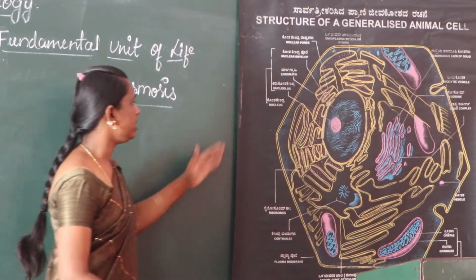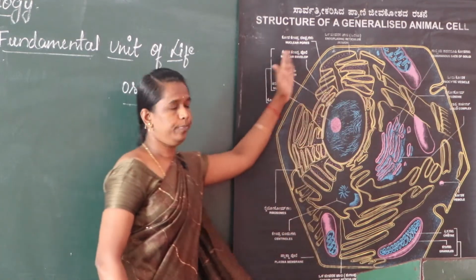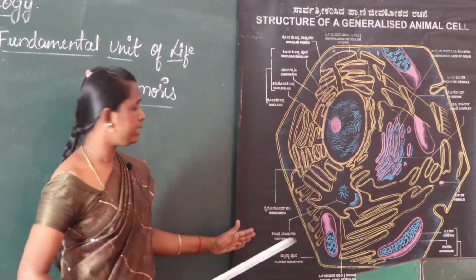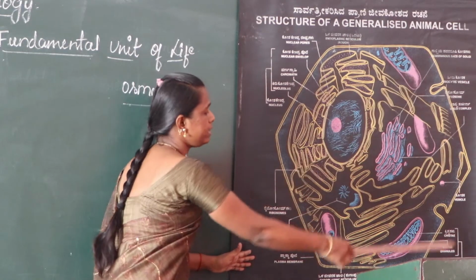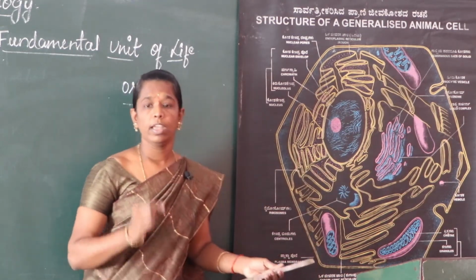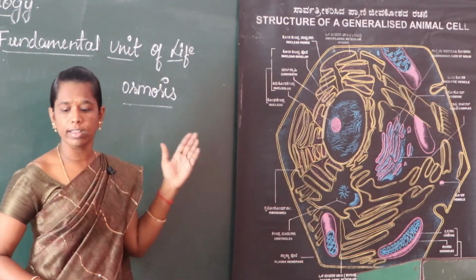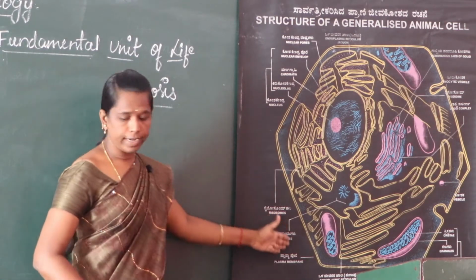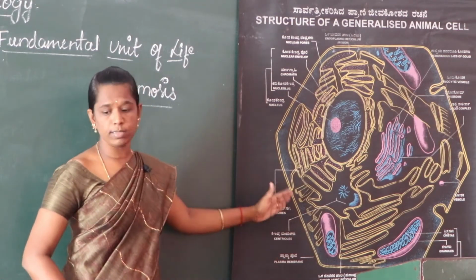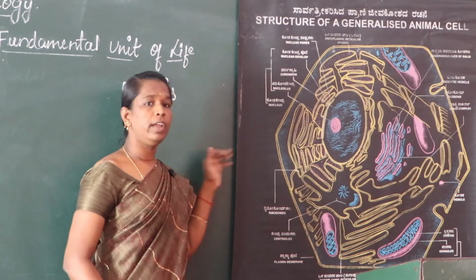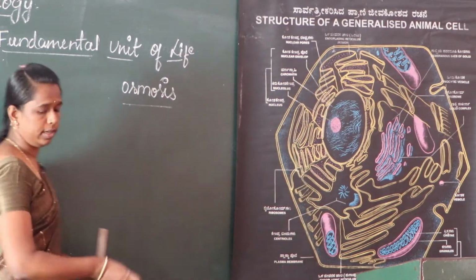Hypotonic solution means the cell is surrounded, the plasma membrane is surrounded, in a water medium. The concentration is more than the cell. In hypotonic solution,